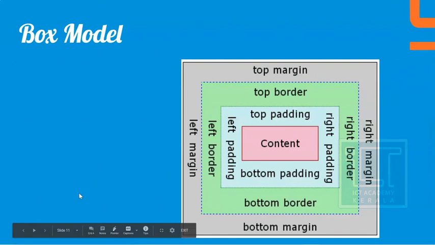Now let's talk about the box model. The box model is a basic, important thing for any content. We must know the box model for each content, because each content will have a general border. From that border they will have a padding distance as well as a margin distance. You can understand the difference just by seeing this figure.